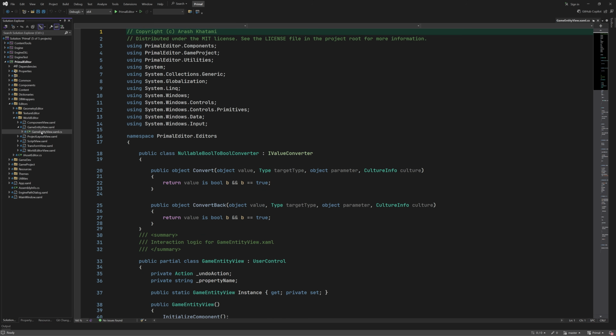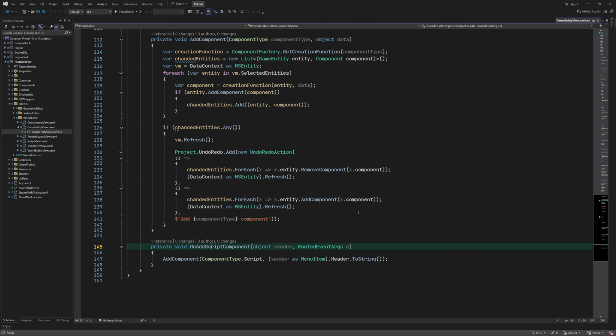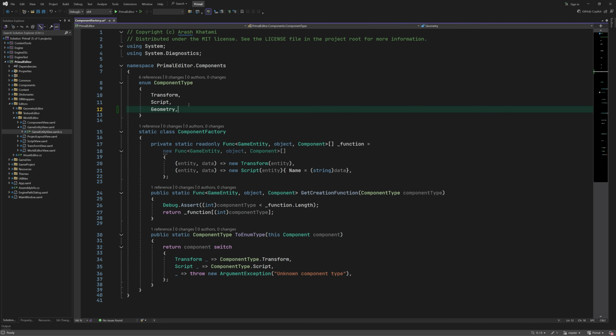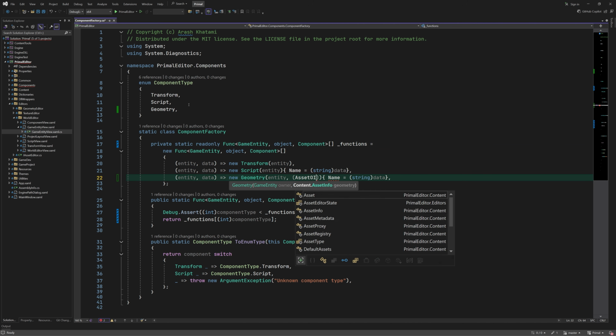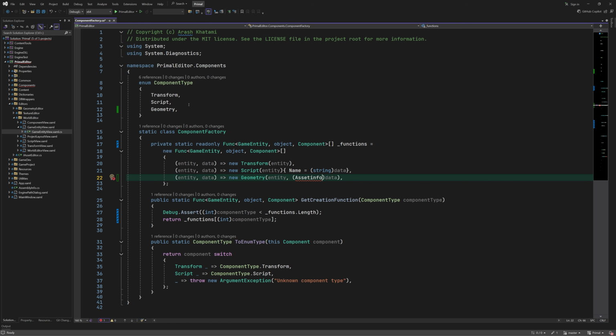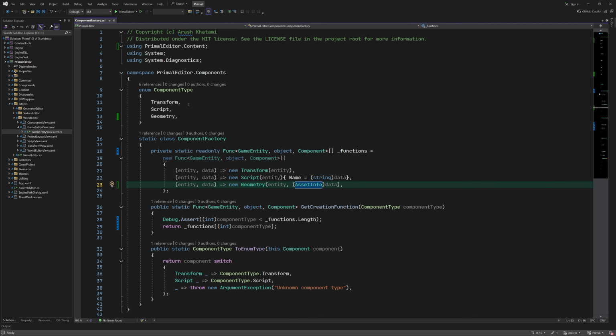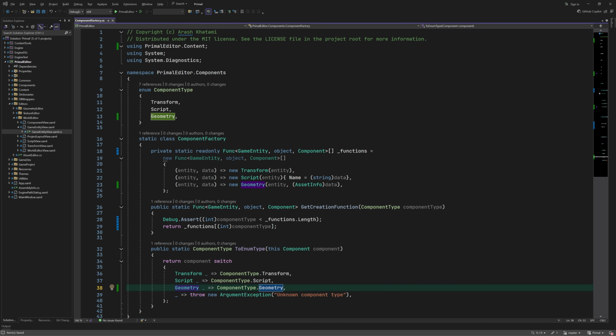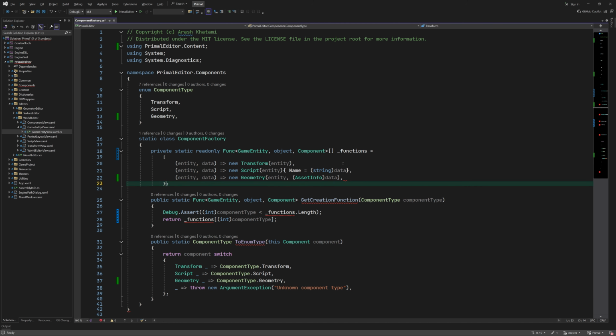This is the same as for the script component. First, we have to add an enumeration for geometry. We also add a creation function in this array. The geometry component's constructor takes the reference to the game entity and the asset info for the geometry asset. Finally, we add a new case in this switch, where given a component type, it will return the enum value